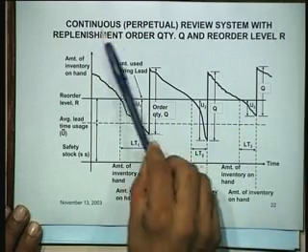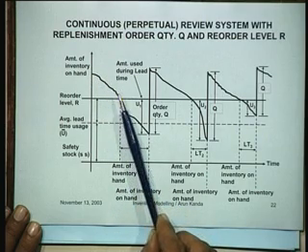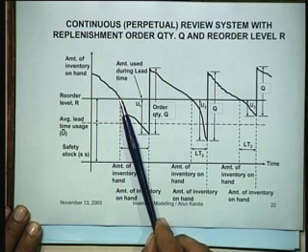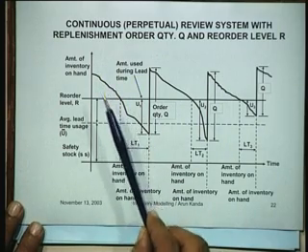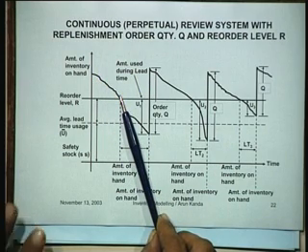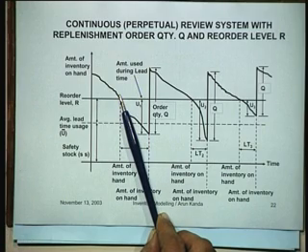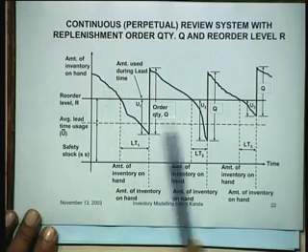This system is called the perpetual review system, where you are keeping a constant eye on your stock. The moment the stock level reaches R, you place an order. So this is more like a 2-bin system. You remember your mothers typically stock, let's say, sugar in 2 containers, a small container on the top and the big container at the bottom. Once the first container is exhausted and she comes to the second container, that is the time she places an order for the sugar. So this is exactly that kind of a system. It's a 2-bin policy for controlling the stocks.